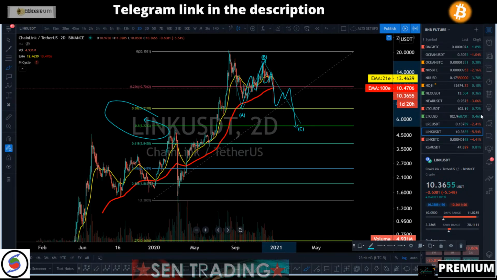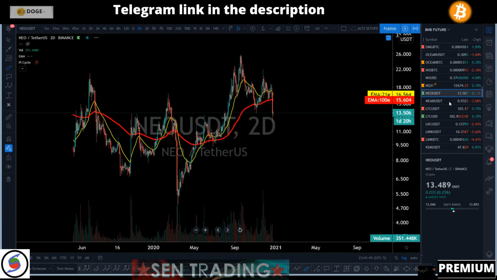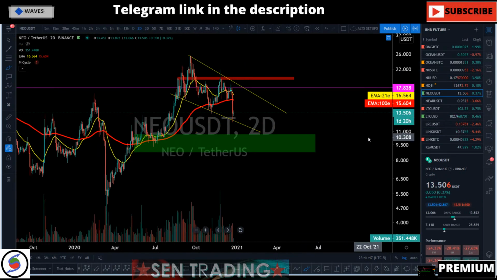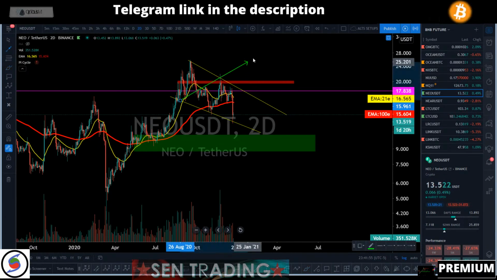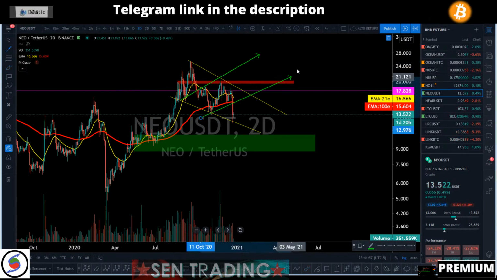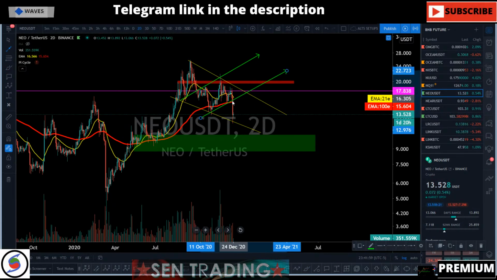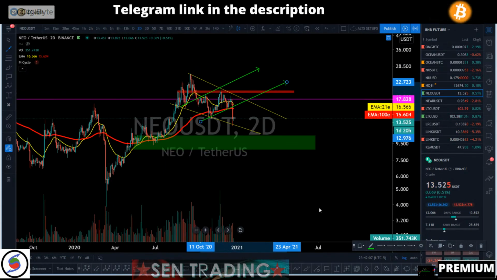Let's go back to King BTC. So let's take a look at NEO. NEO is moving in a parallel channel. It had a channel also right here, right there, and as you can see, we just broke the channel. Remember when we were talking about NEO 12.5, 12.3, why were we paying attention to that area?